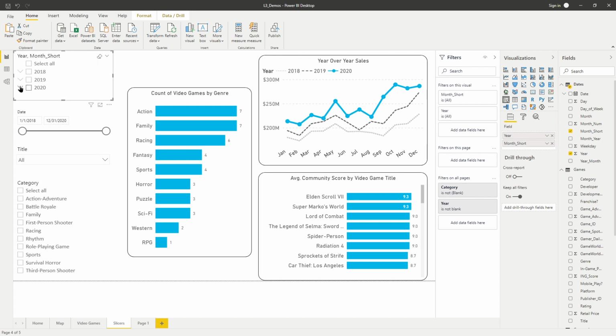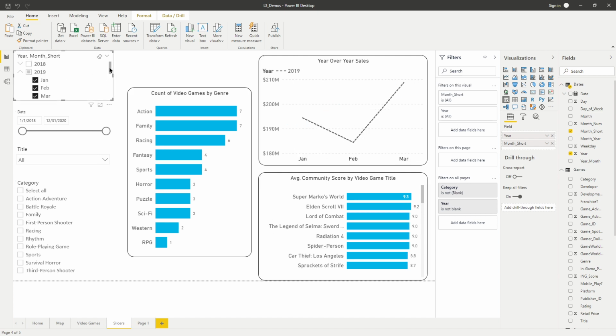And notice that by layering these two fields together in this list slicer, this slicer is immediately updated and it's slightly different. If you expand 2020, for example, notice that you can see all of the months under 2020, or you can close that, or you can expand 2019 and see all of the months under that. The hierarchy slicer just allows you to make more granular, kind of weird slicer selections than you might normally need to make. For example, if I wanted to compare a quarter from one year compared to a different quarter in another year. So for this, I'm going to select January, February, and March from 2019. And I'm going to open 2020, and I'm going to select